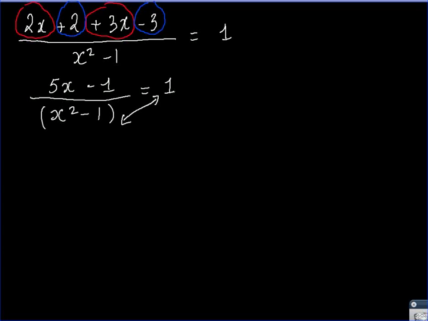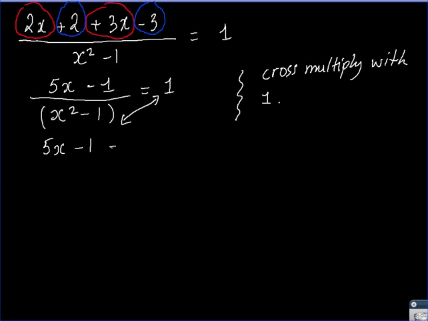So in our case, it's the 1 here. So cross multiply with 1,